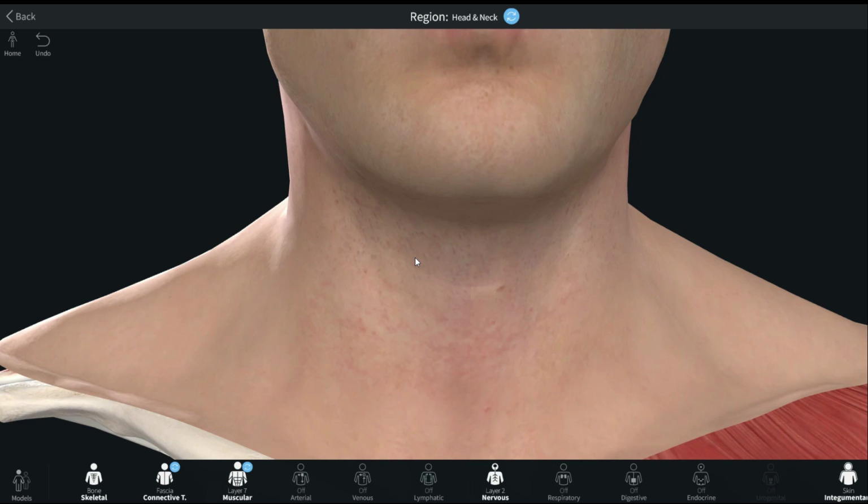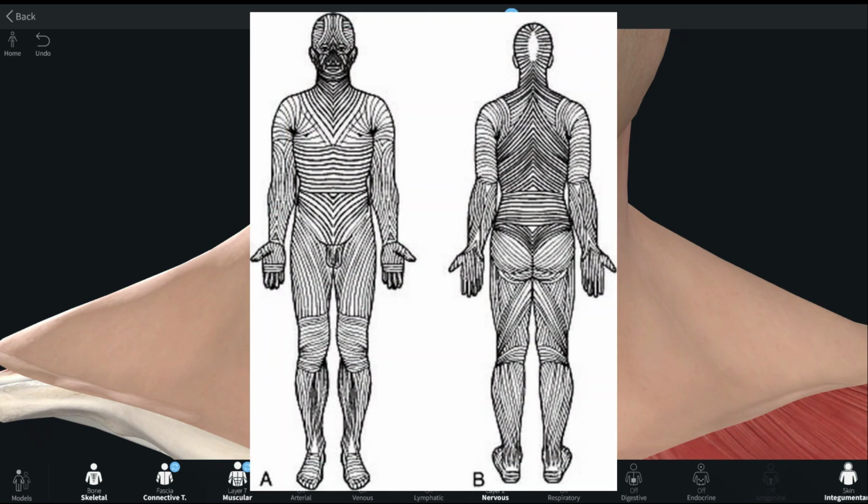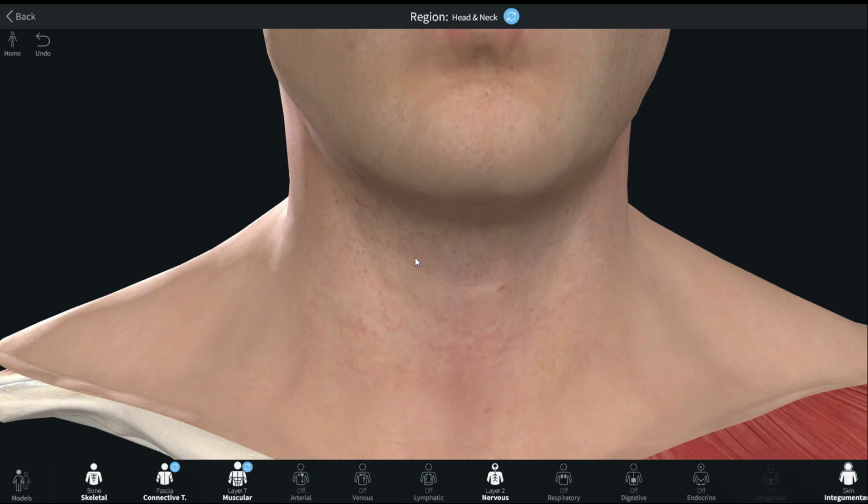So we are trying to see if the skin of the neck has some special features which makes it unique, and we are trying to study those features. In that, the first point that I made is that of the Langer's lines, which are not only limited to the neck. Okay, so you should not have any confusion about this. It's not like only the neck has these Langer's lines or tension lines. They are spread throughout the body. In the neck, the Langer's lines are transversely oriented, and hence, in case of neck surgeries, surgeons often operate surgically on the neck in transverse incisions along the orientation of the collagen fibers of the dermis in the skin. Okay,